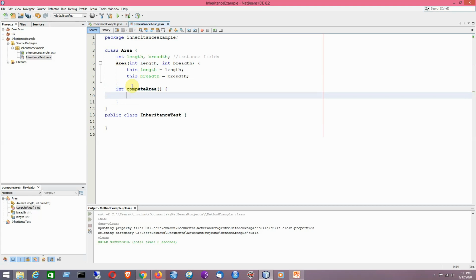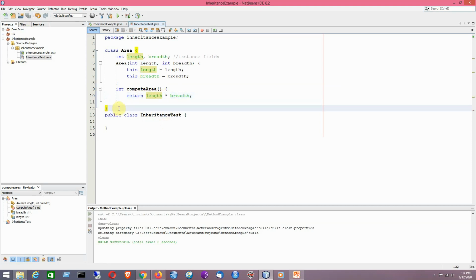It will contain the formula for calculating the area of this class. In computeArea, within brackets I have written length into breadth. The product of the multiplication gives you the formula for calculating area.